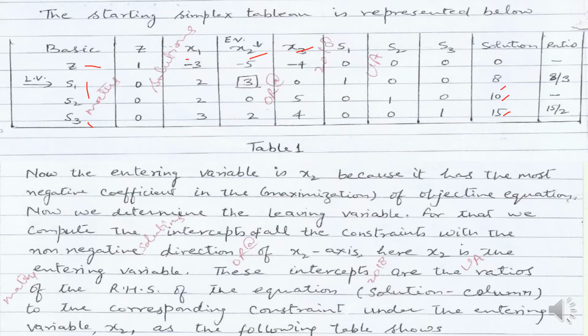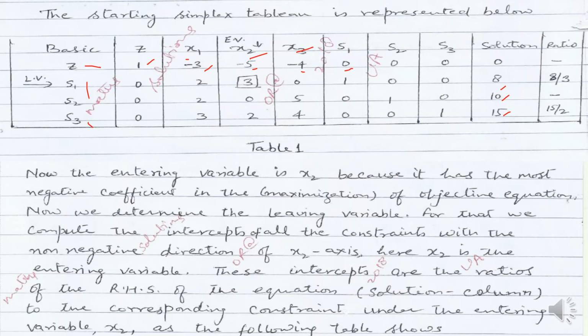s3 is 15, and the first row, that is the z row, we have written with the help of the objective function. When we put all the elements which were on the right hand side, we brought them to the left hand side, and we have written this z row. So the coefficient of z is 1 in the objective function. After taking all terms on the left hand side, the coefficient of x1 is minus 3, coefficient of x2 is minus 5, coefficient of x3 is minus 4, s1 is 0. This is minus 0, but we may take it as 0. s2 is 0, s3 is 0, and solution is 0.